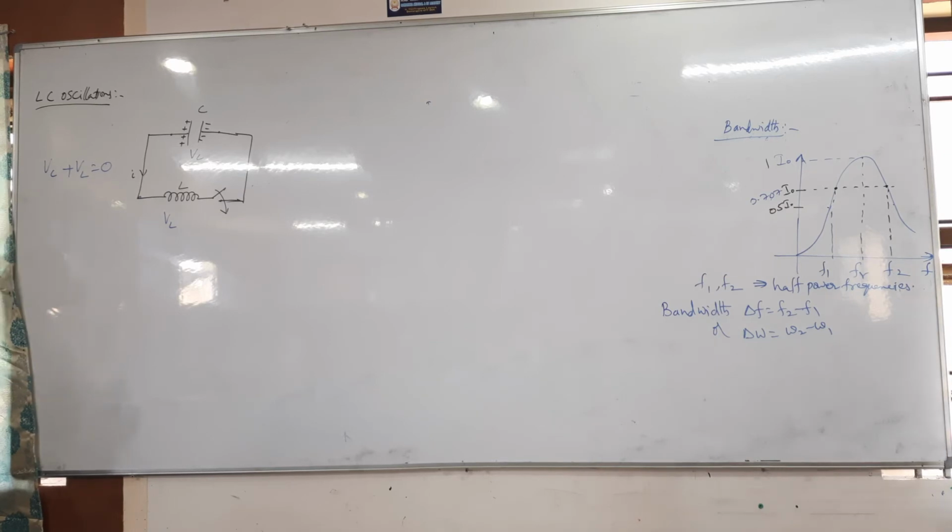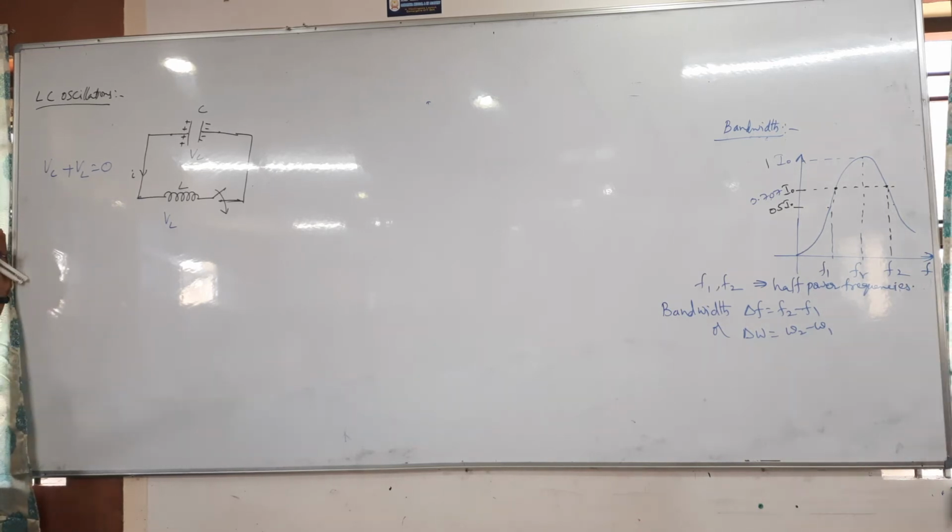Now VC, what is the formula for us? Reactance and all will not be there here. We are not discussing any resistance or any frequency here. We want to finally get the charge equation, and for that only we are deriving. So Q is equal to C into V, then V is equal to Q by C.